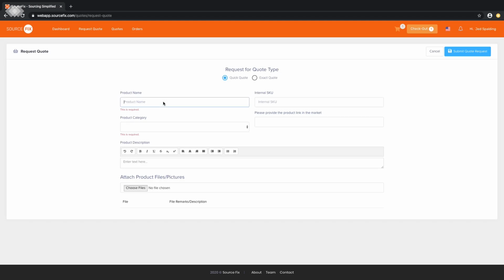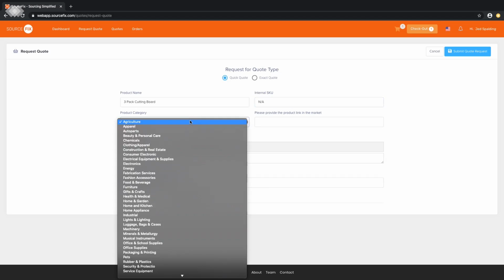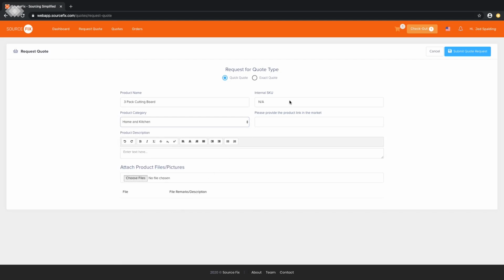So there's two types of quotes. There's a quick quote and an exact quote. Right now we're going to show you how to fill out a quick quote. So for the quick quote, the purpose of this was to provide minimal information to get a quick quotation back